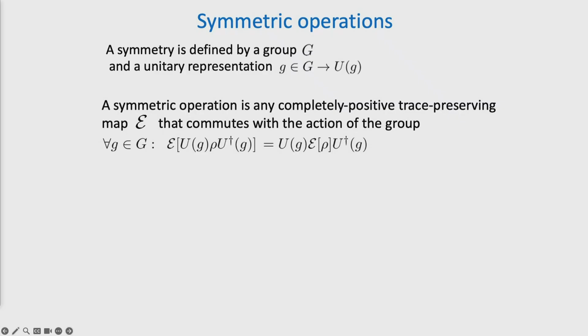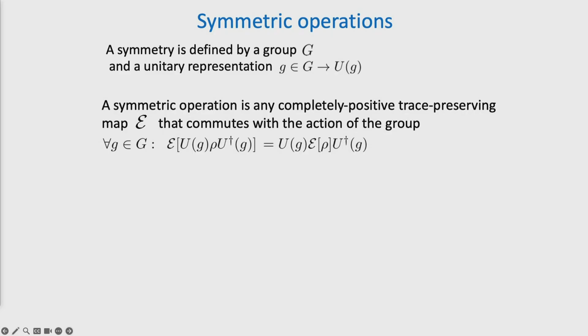So, what do I mean by the free operations in this resource theory? They're the ones that are going to be symmetric. So what do I mean by symmetric? First of all, there's lots of different symmetries I could consider. We already saw it could be rotational symmetry I care about, time translation symmetry, spatial translation, all those different applications had different symmetries. But you can really do this for any symmetry. So just imagine you have some group G and a unitary representation of that group. This might be physical rotations in space, or it might be translations or whatever you like.